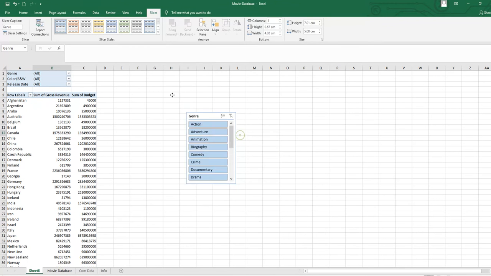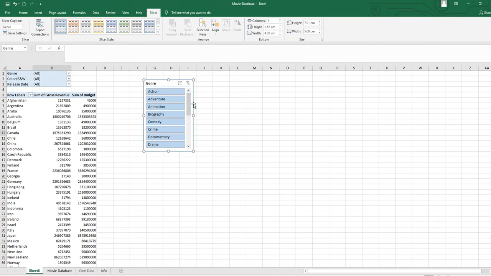When I click on genre, you will see all the items belonging to genre: musical, horror, romance, action, adventure, all movies are here, right? But again, you have to use this scroll bar if you want to find some specific category. When you click on genre, you will see another tab which is called slicer. Sometimes the option will be called options here, so do not worry, slicer and options are both the same.